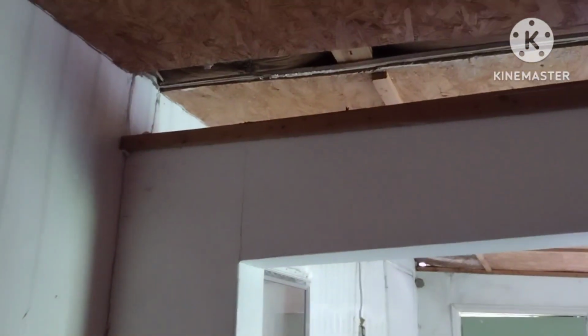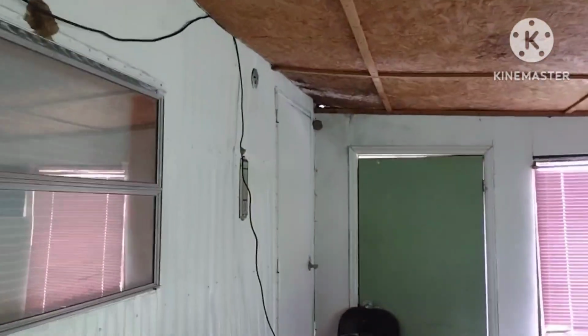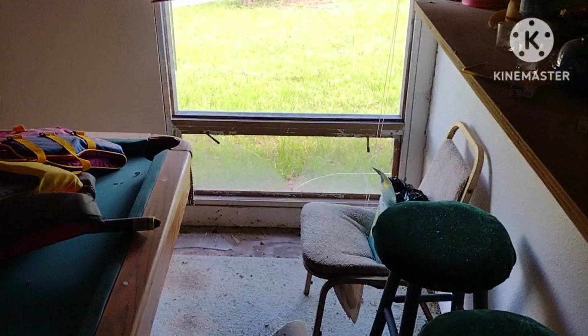The whole thing has settled so badly that the wall is separated from the ceiling. Luckily, none of this part leaks, even though there's some major holes in the corners that I've got to repair, and one of the pieces of glass is busted out. So yeah,